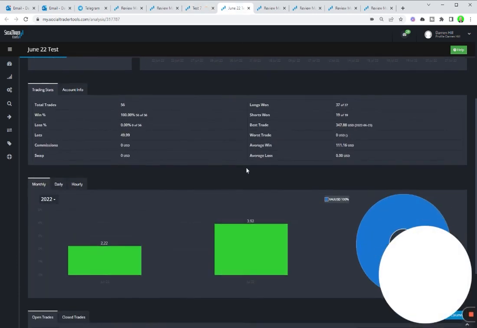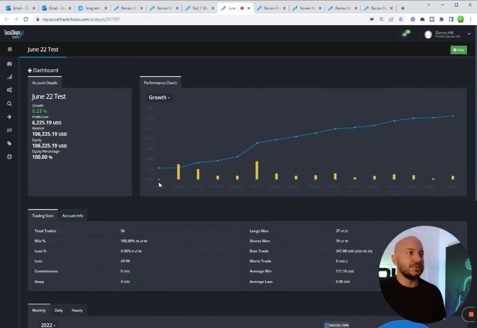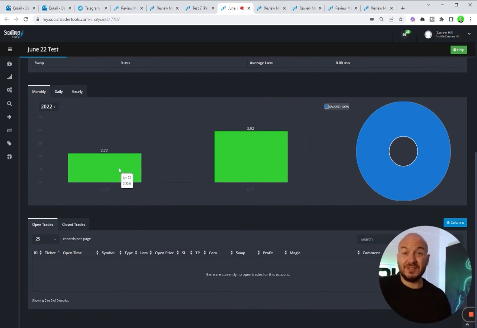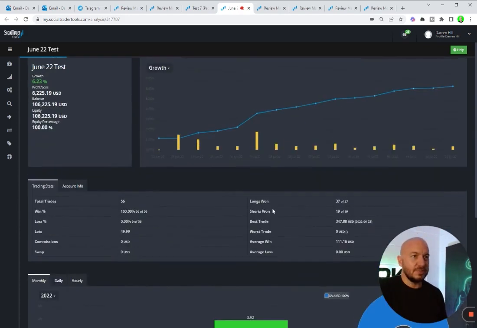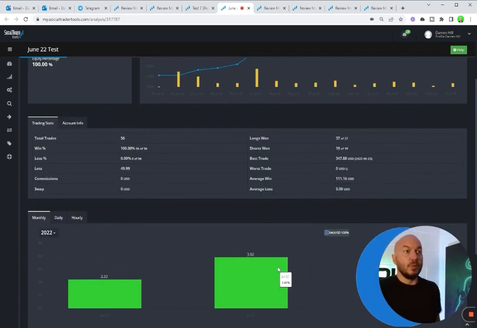Right, this is a good one. Well, they're all good in various different ways, but this one has not lost a trade. This was an optimization that I found on the 22nd of June, made 2% on that last week of June, 3.92% so far for July. But what's really interesting with this set, a bit of a wider lot profit trailing stop, is 56 trades. Just 49 lots so far, but out of all of the 56 trades, it's won and profited from every single